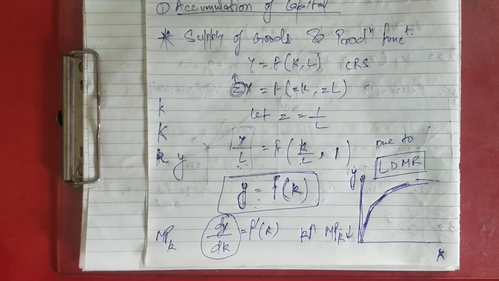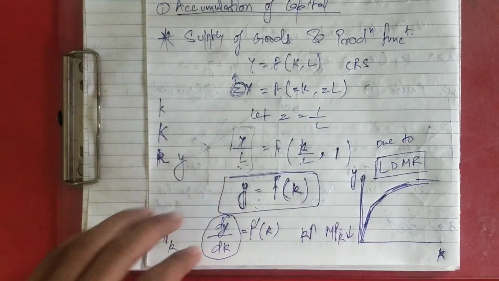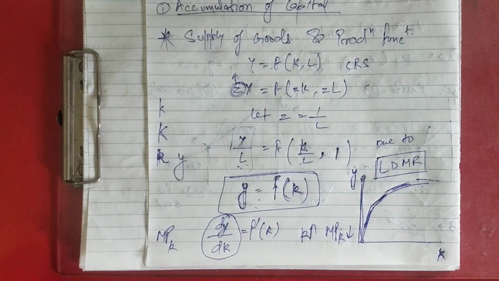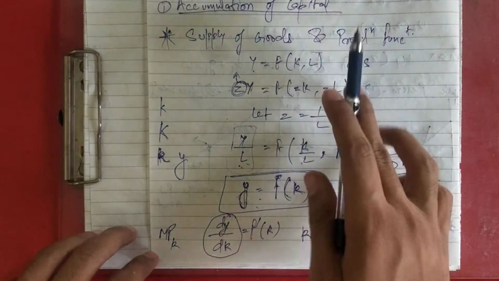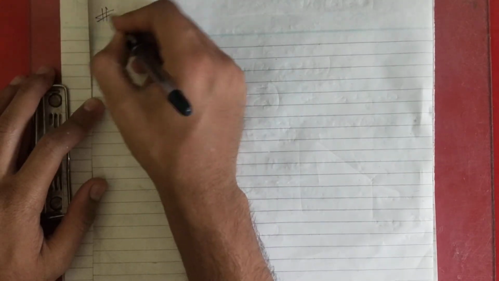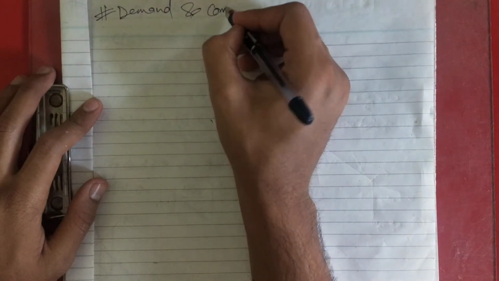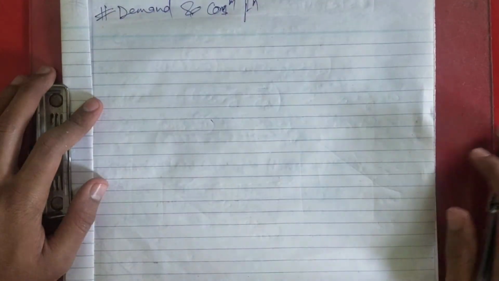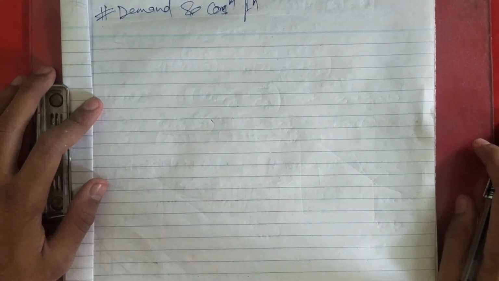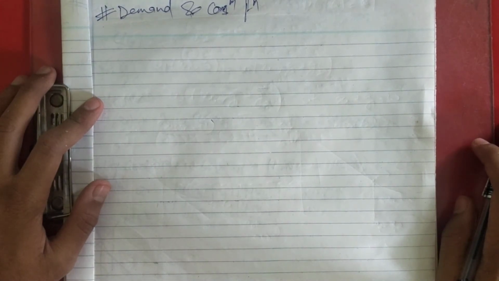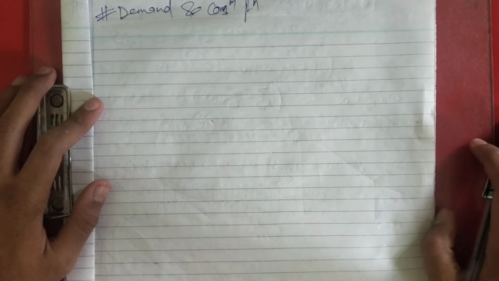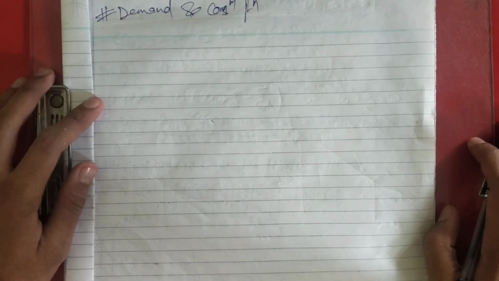Okay, so this was all about the supply of goods and its production function. Now we will move on to demand for goods and, similarly, the consumption function. So in the Solow model, let me write down first, demand and consumption function. In the Solow model we assume that demand for a good comes from only consumption and investment. It means that output per worker is divided between consumption per worker and investment per worker.